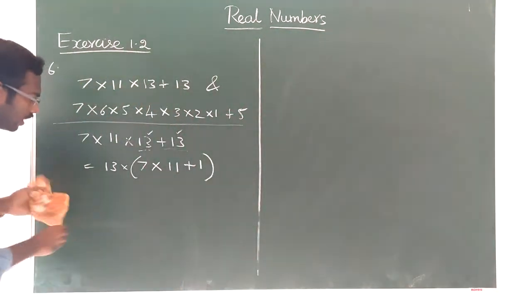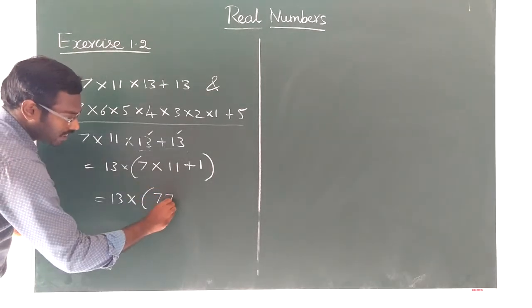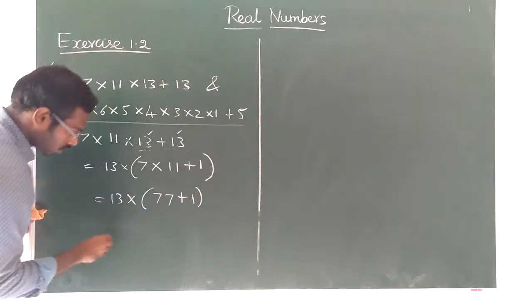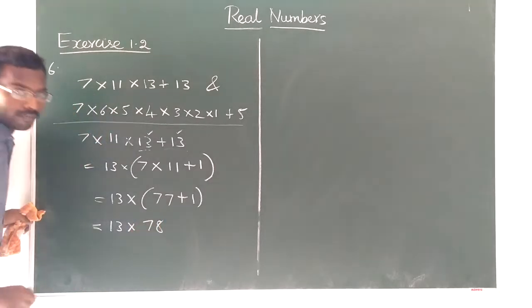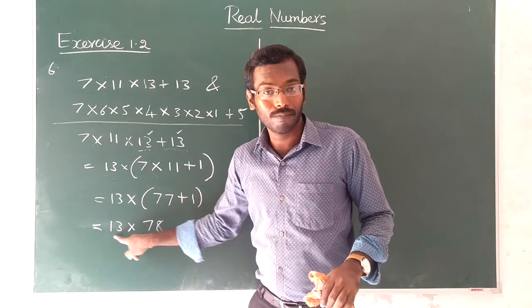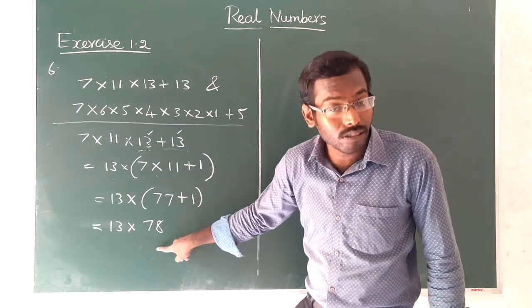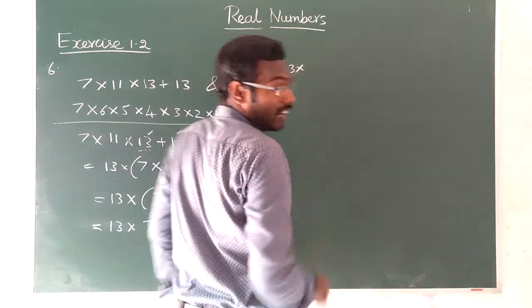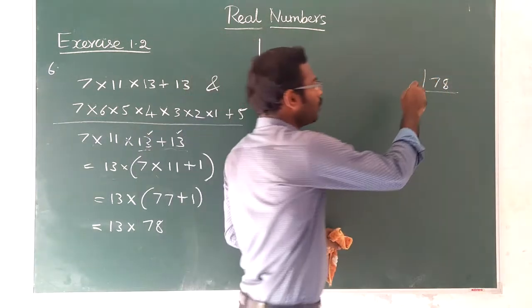Therefore, this is equal to 13 into 7 into 11, which is 77, plus 1. Understood? So that is equal to 13 into 77 plus 1, which is 78. We need to express this as a product of primes. 13 is a prime number, but 78 is not a prime number because 78 is divisible by 2. Therefore, what can we do? We will do the prime factorization of 78. 78 divided by 2 is